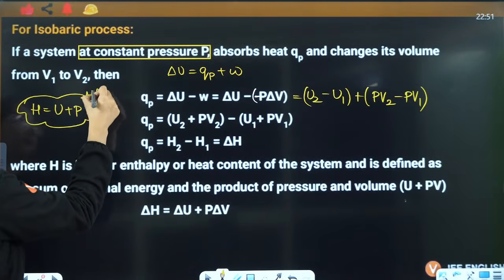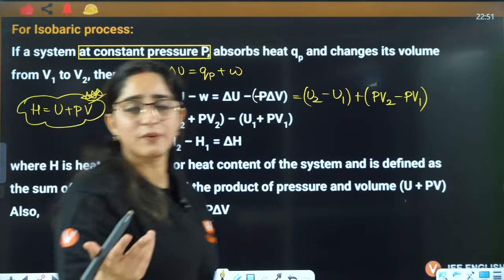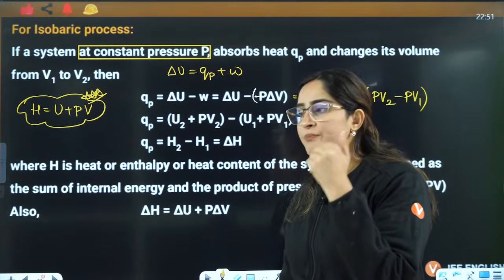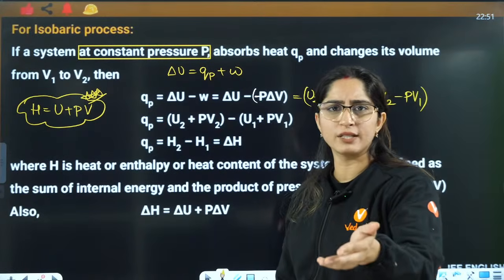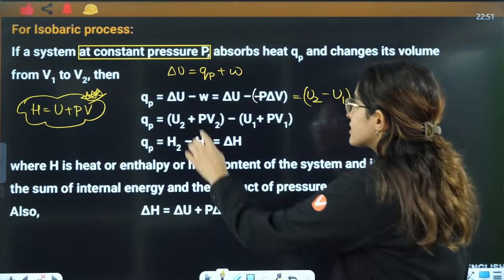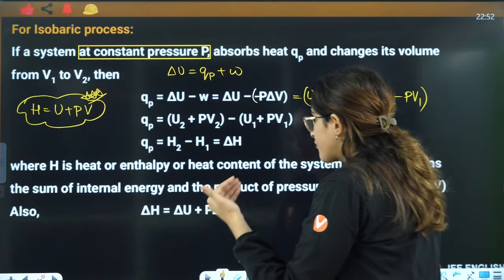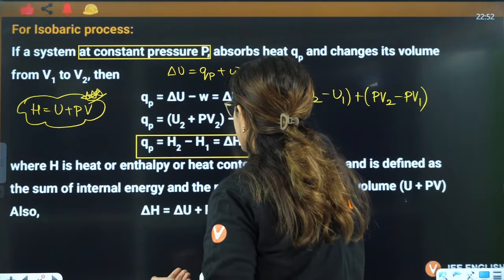This is important. This we will do later on in next chapter. Why H is equals to U plus PV. That's a very important formula that we are going to do further in the chapter, right? So this is U2 plus PV2 is nothing but H2. This is H1, and this is a very, very important thing,